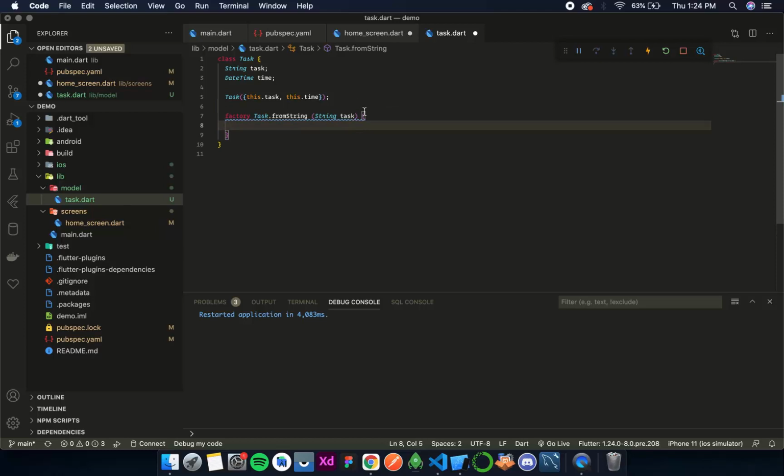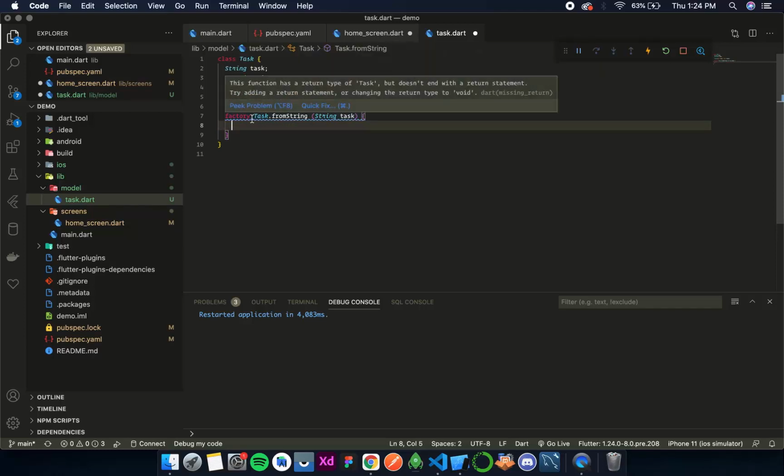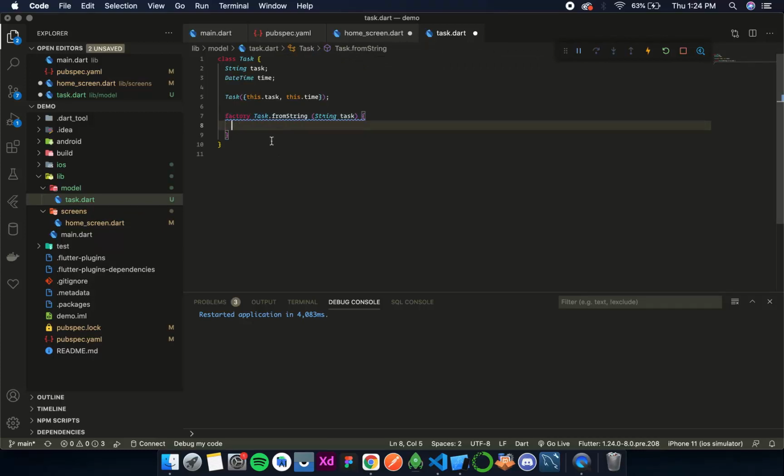And now like before, when we were using a named constructor Task.fromString without this factory, we would have simply written this.task is equal to task, and this.time is equal to DateTime.now. But since we are using the factory one, we need to have a return statement, and ultimately we'll be returning this constructor.